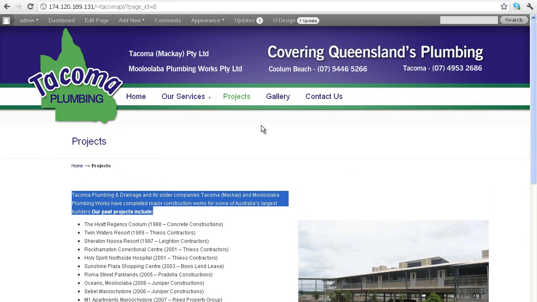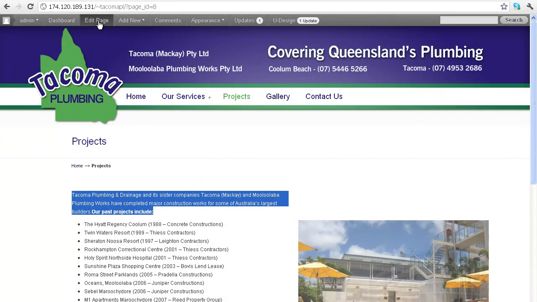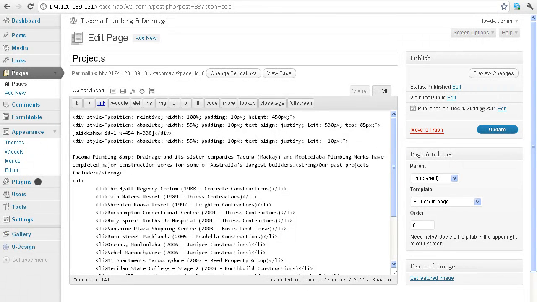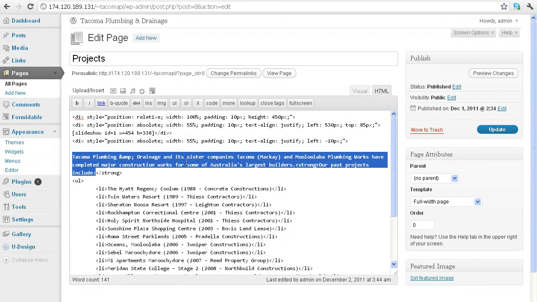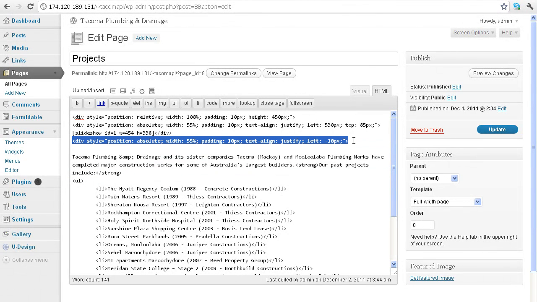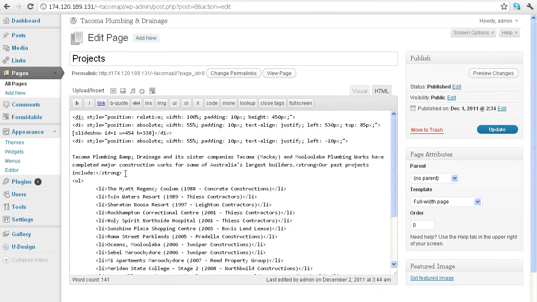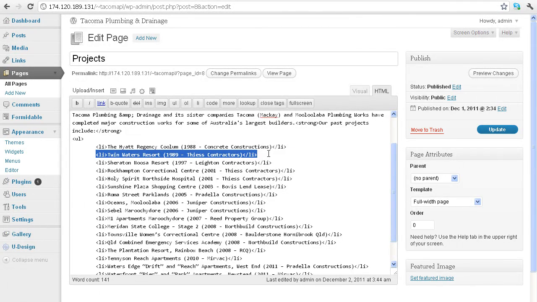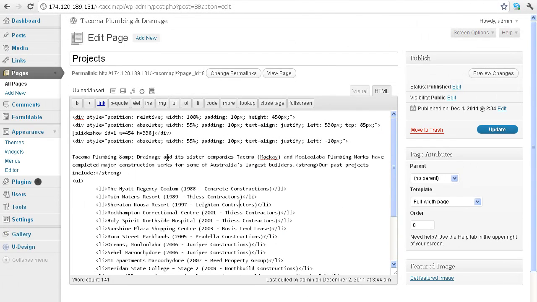Once you're logged in, you can go to the page you want to edit and then just go up to the top here and click edit page. Inside this is all the content and how it's being held and where the slideshow is. If you look for the paragraph that you want to change, you can make any text changes to that. Just make sure you don't delete any of the little brackets that are before and after it. There's a list of all your jobs, so you can change that similar to how we showed you before. It's quite simple, and once you've finished making changes and you're happy with it, you click update over here